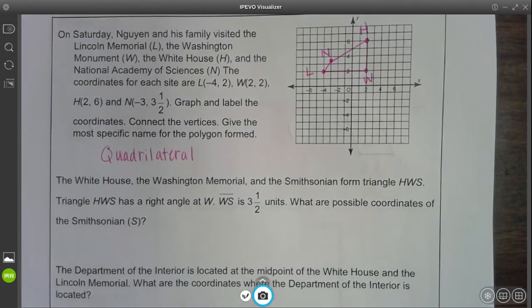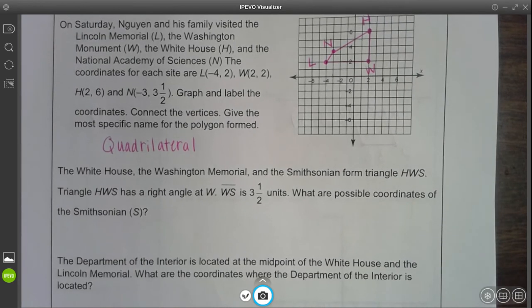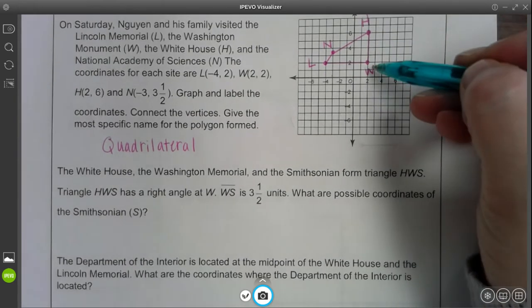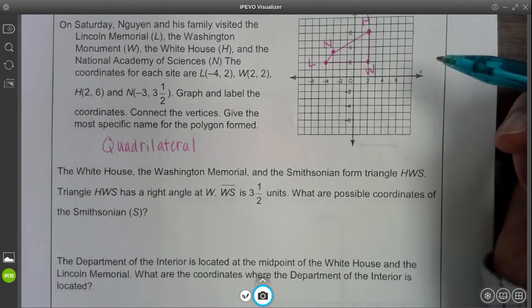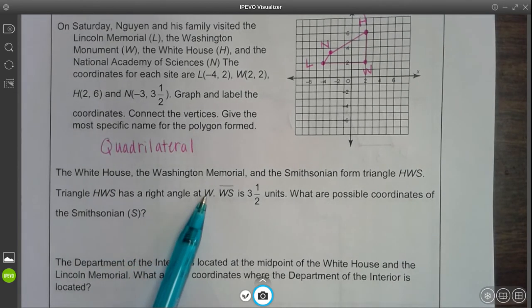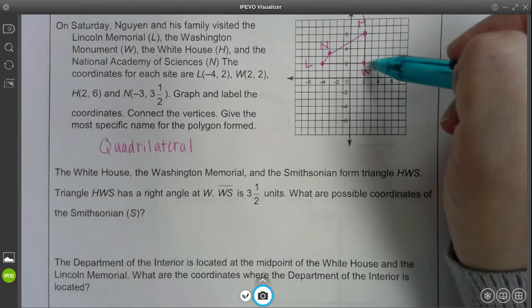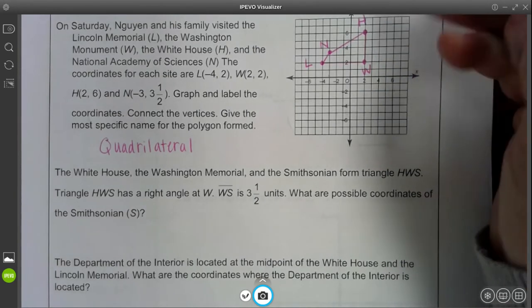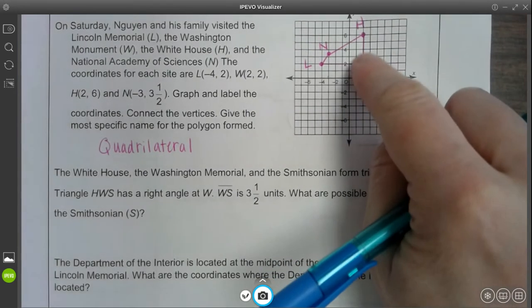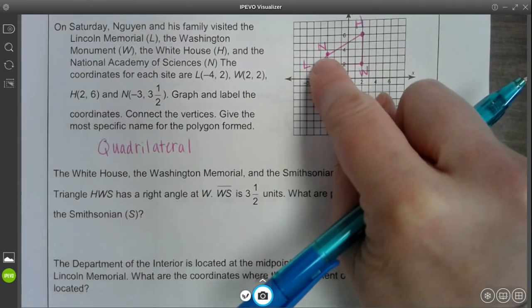Okay, the next one says the White House, the Washington Monument, and the Smithsonian form triangle HWS. So we have H and W here, we just don't have point S yet. It says triangle HWS has a right angle at W, and WS is 3.5 units. What are some possible coordinates of the Smithsonian? So again, H and W are making a triangle, and I want it to be a right triangle. So I could draw the third leg to the side this way or to the left to get that right